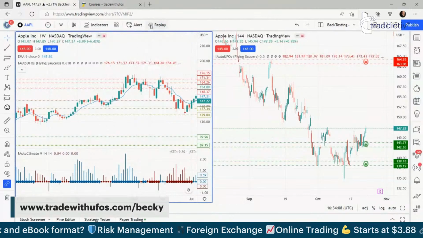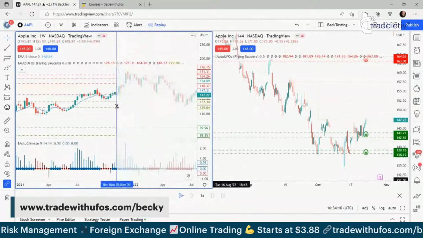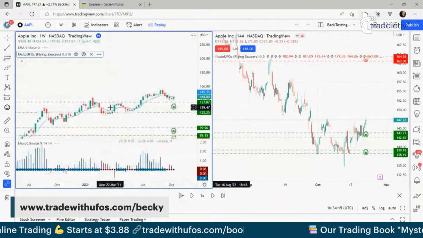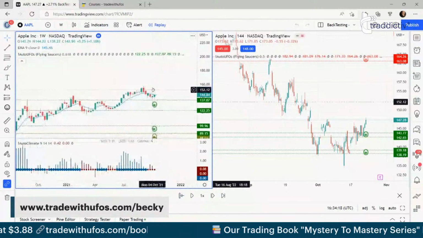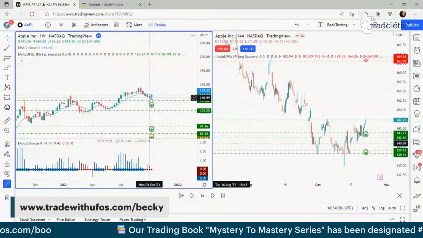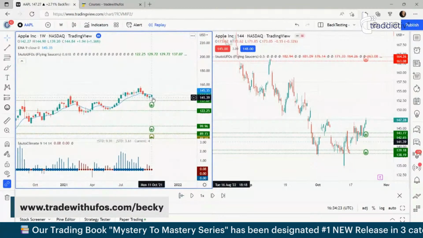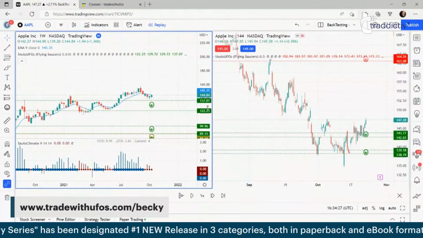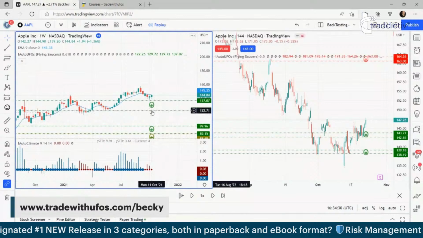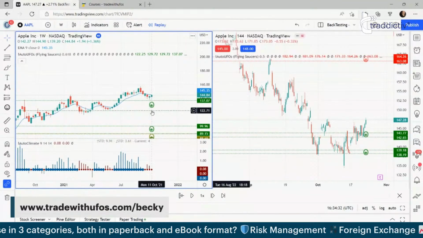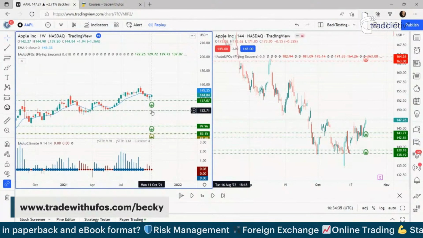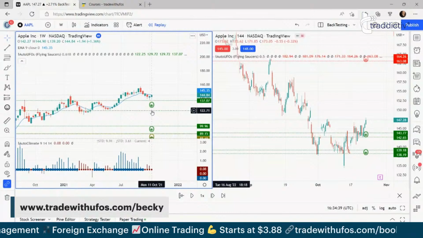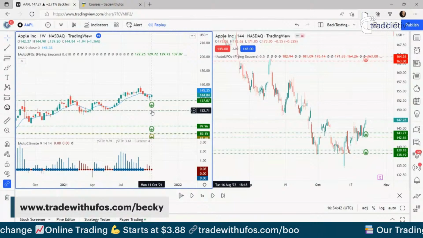All I do, I click replay. I have this line and I come and highlight. I find that Monday, the 18th of October, and I click on that line. And it's cut all of that data to the right-hand side. I now don't know what happened to Apple because this is showing me what I would have seen. In this case, it's actually the end of the previous week. So if I were to look at this on Monday morning before the markets opened, this is what I would see. So you're essentially going back in time.